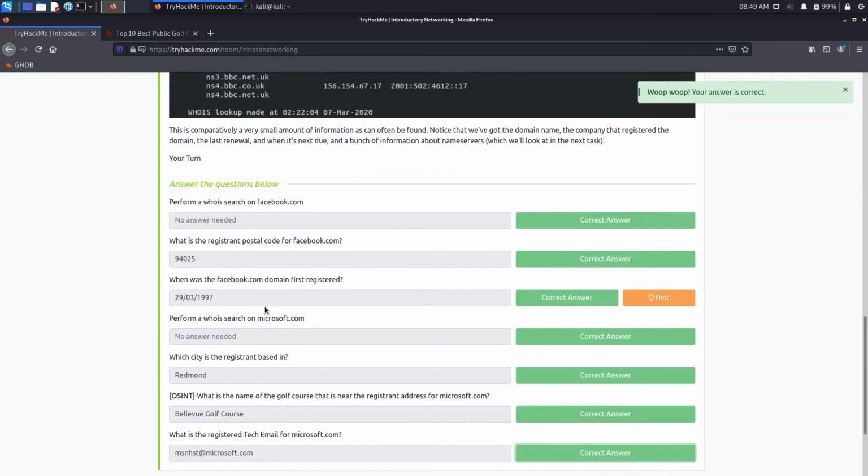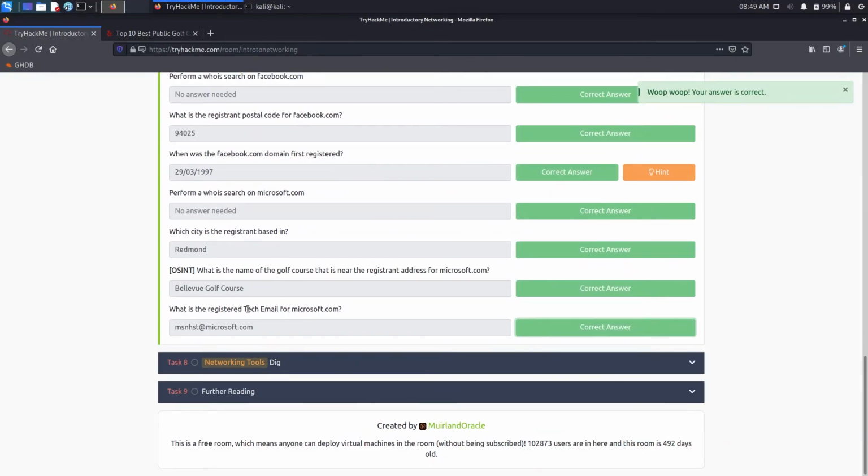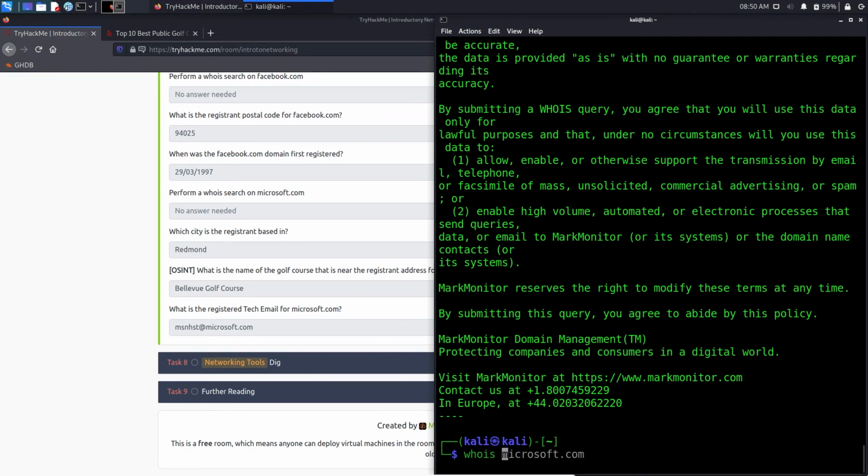So that's it for task 7. You can just do another whois on google.com or any other domain. You can do this on any domain. If you want, you can do that on TryHackMe also. Now we'll run whois